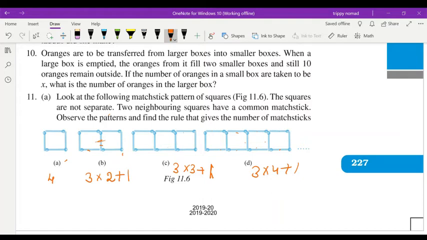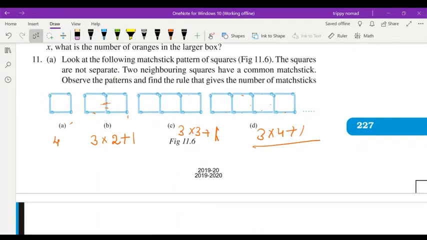So this is the way we have to find the formula. Now this is 3 into 3. How many boxes we are going to make will become the number of squares. So the formula will be 3n plus 1. That means 3 twos are 6 for 2 boxes, and 1, because 1 was common, that we will add. For 3 boxes, 3 threes plus 1. In 4 boxes, 3 fours, so the formula will become 3n plus 1.